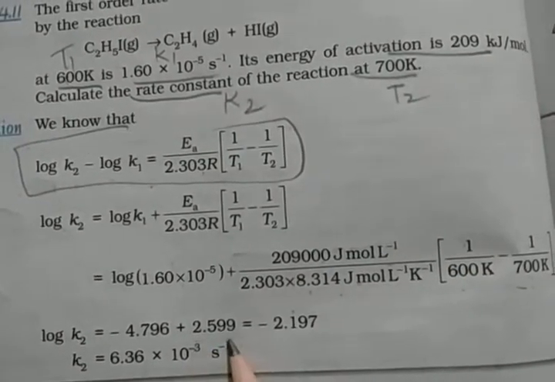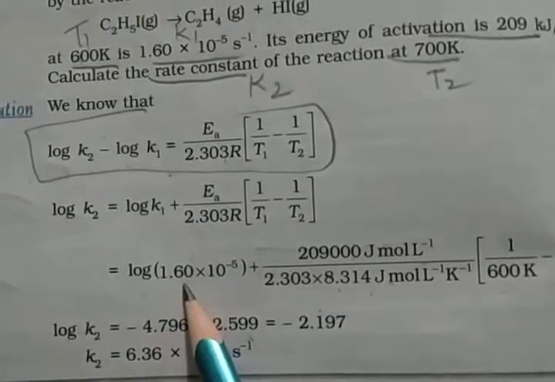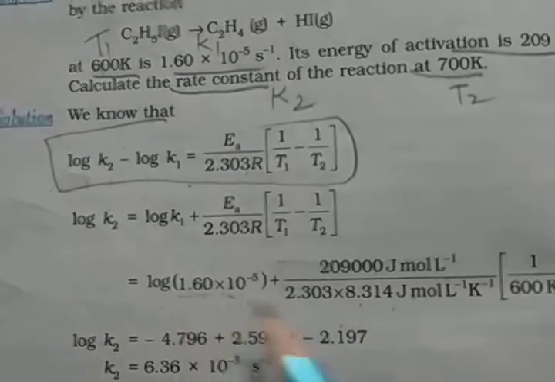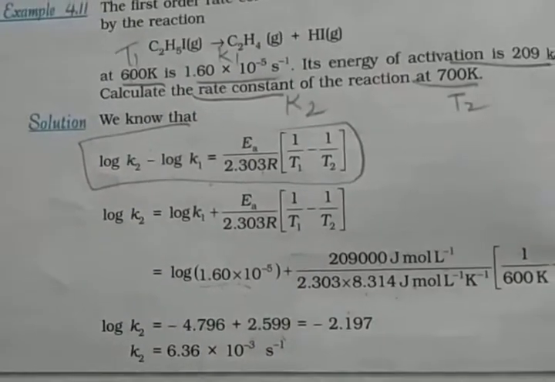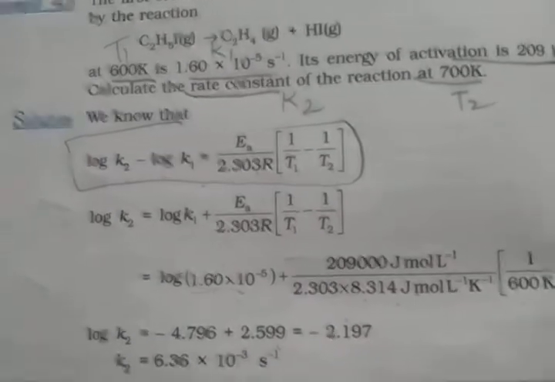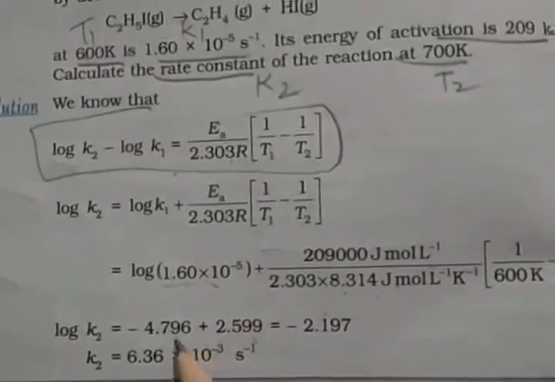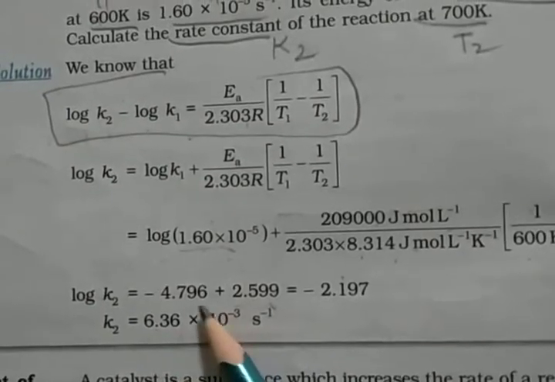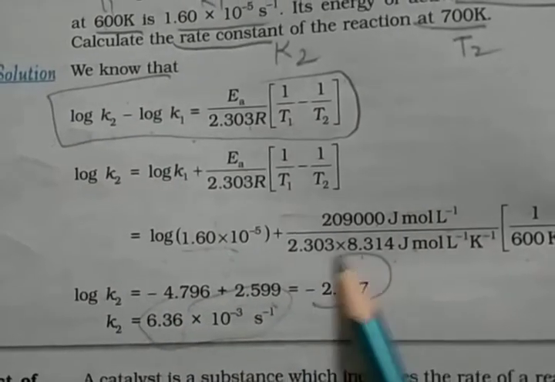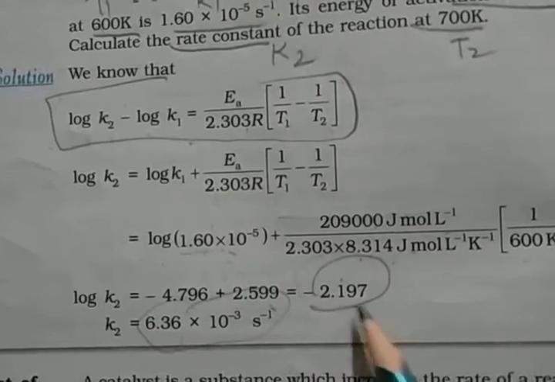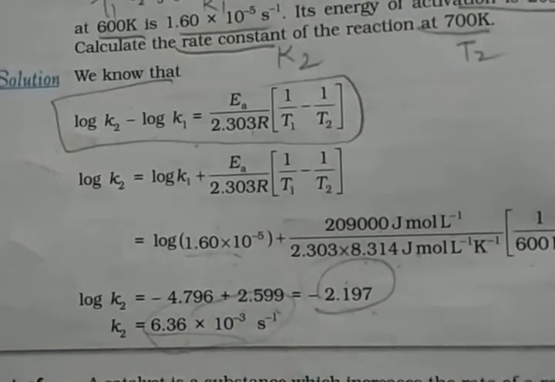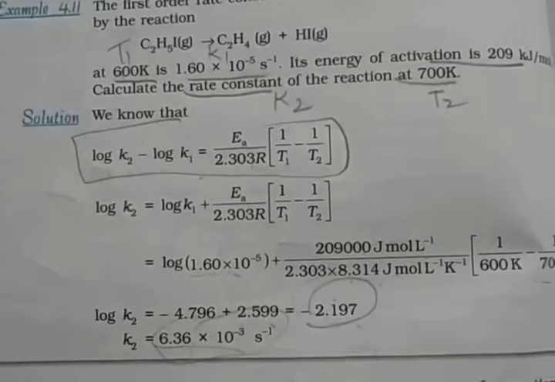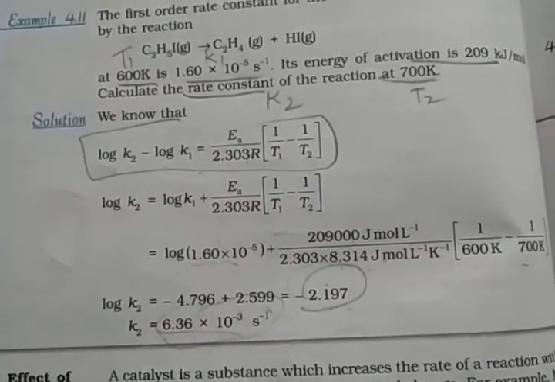So this value comes. The log of this value is already given in the exam, and I will explain it in the log video, the video of the log. Then after calculating, the log k2 value comes. And whenever we take the antilog of this value, the value for k2 comes. So don't worry, I will explain how to find the log in the next video.